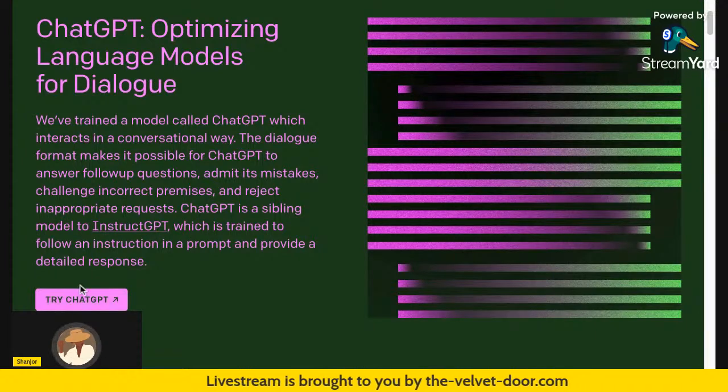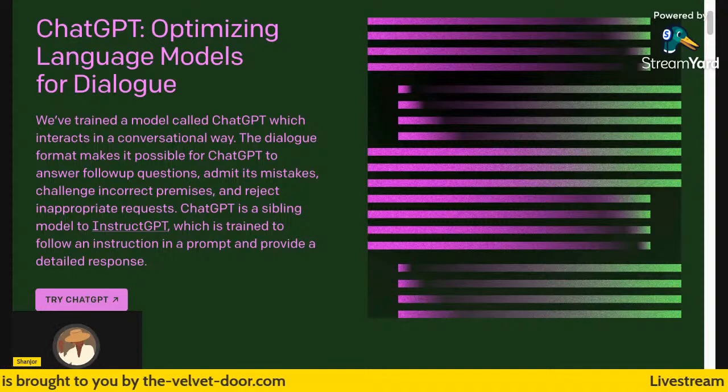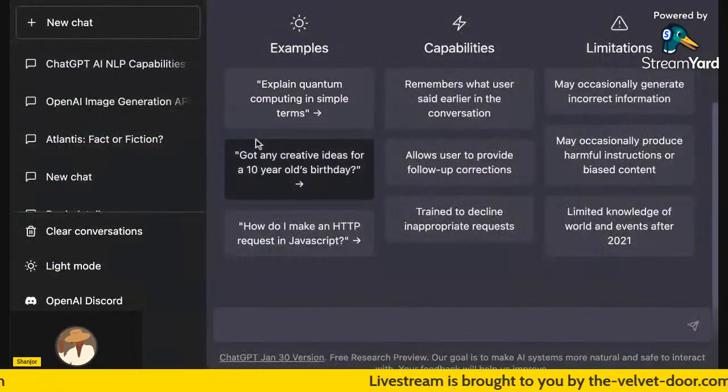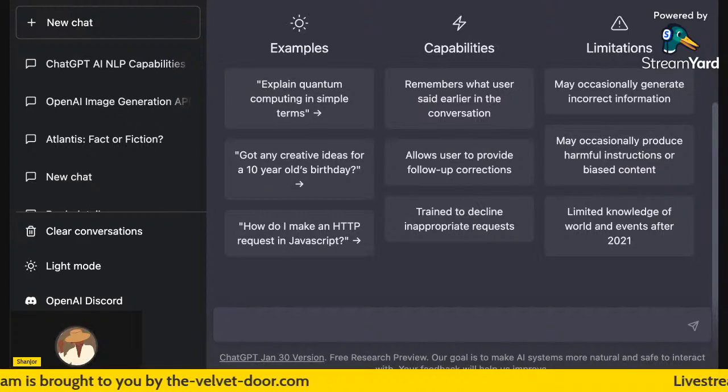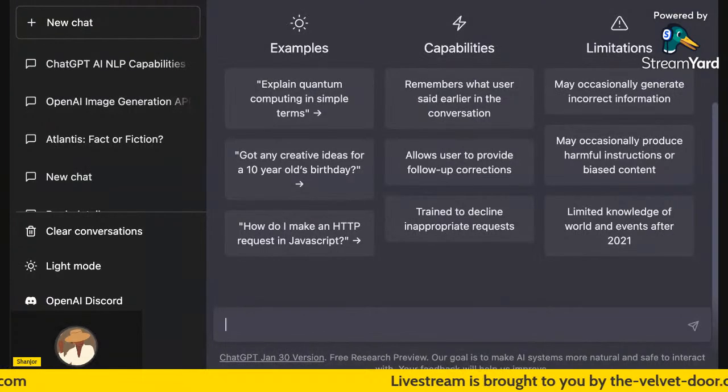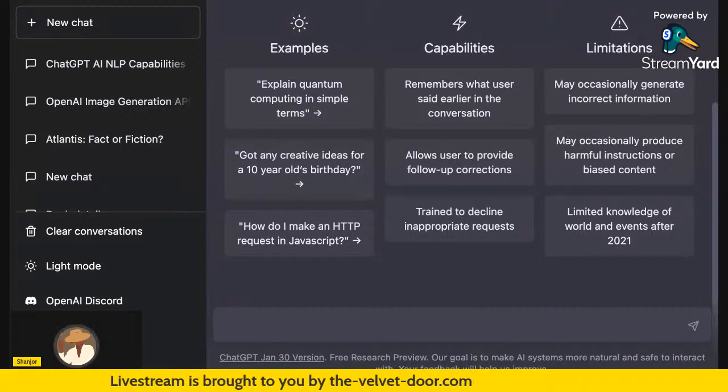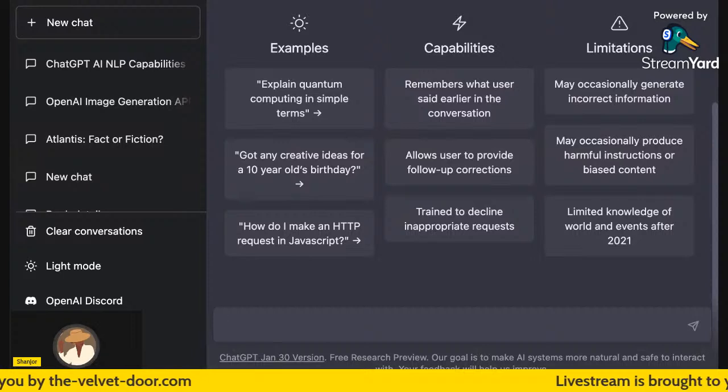Okay, so we're going to go here. We'll try ChatGPT. And I'm already signed in. If you don't have an account, you're probably going to have to create a new account. Okay. So it's going to take you into prompting. The way I signed up, I ended up using my Google account to sign in. So you can actually use your social media accounts. If you have a Facebook, have a Twitter, or any type of social account, you can use that, or a Google account. Use that. You can sign into ChatGPT. You can sign into OpenAI, and you can start beta mode. I would suggest that if you're going to use this program, you're probably going to have to use a desktop.